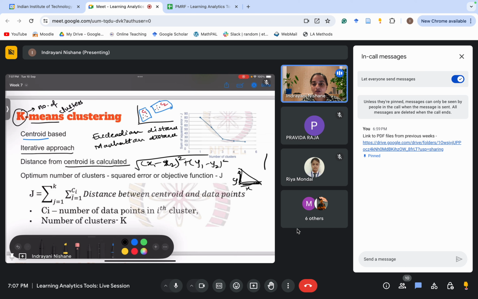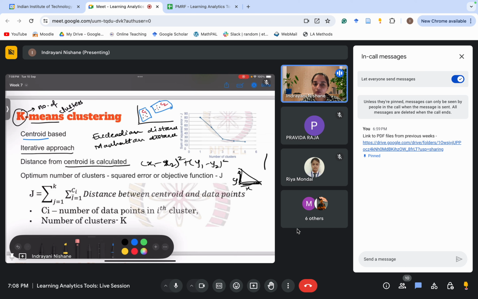So this is called squared error, where we remove the square root sign and consider the difference between the data points and the centroid, from each centroid, and square it. The centroid is the center of the group of data points. We get the optimum centroid when that distance is minimum. So we are considering squared error here,